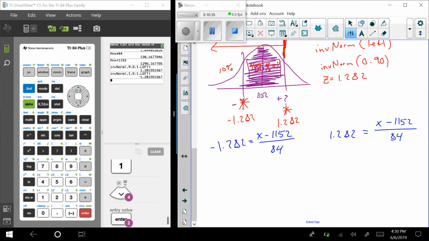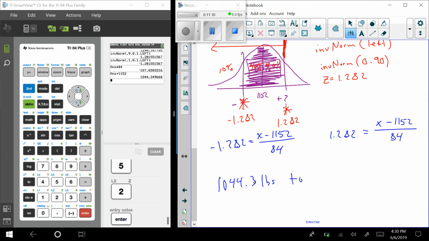Now, what I hate seeing is some students do this one over here and then think, oh, I'll just make this one negative. We're not saying a cow weighs negative pounds, okay? So that'd be a very incorrect assumption. Instead, we have to take this value times 84. I'll do the negative one first. Then I'm adding 1152. And that gives me 1,044.3 pounds